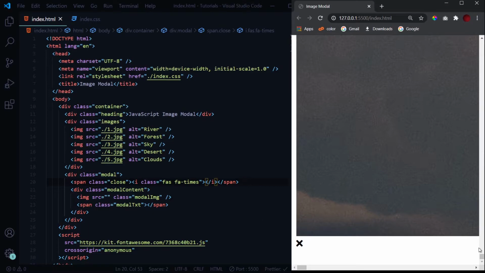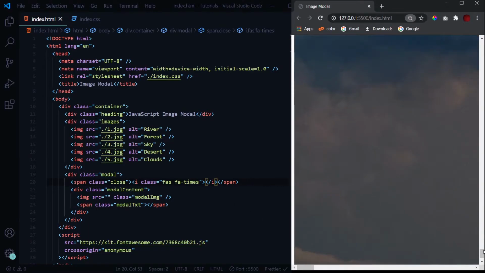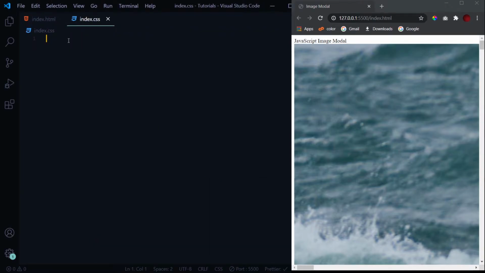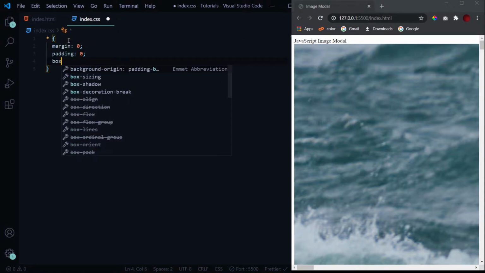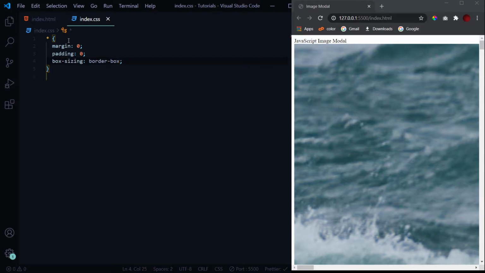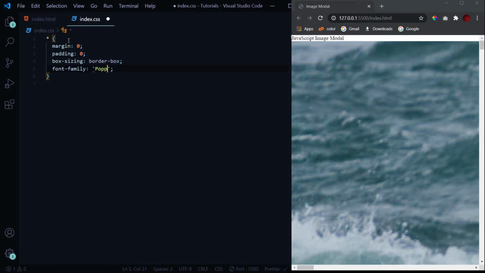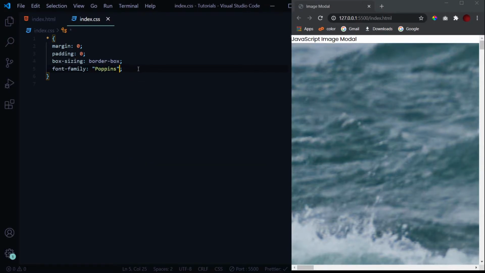Now we haven't done any styling yet, so now let's get into the styling part and make all of this prettier. So for the starters, we'll nullify the browser's default setting by giving margin 0, padding 0, and box sizing of border box. Now we need another font. So for that I have selected one font which I use a lot. Actually in every one of my videos I have used this font. Its name is Poppins. If you want to use the same font, I will give a link in the description from where you can download and install it in your system.